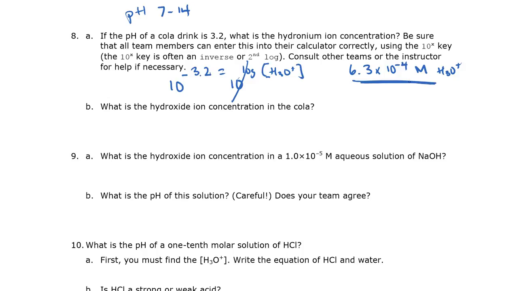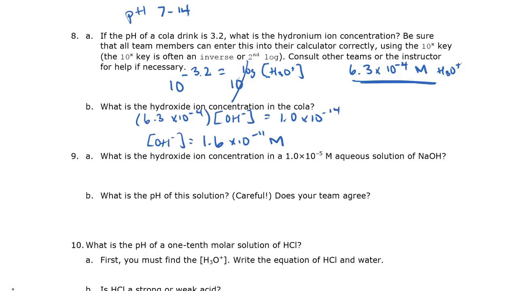Now let's go on with part B. What is the hydroxide ion concentration? So you'll need to use a different equation for that, which is given. Look back, pause the activity, and do this now. And this is how I do that one, and verify that you can get 1.6 times 10 to the minus 11th molar.